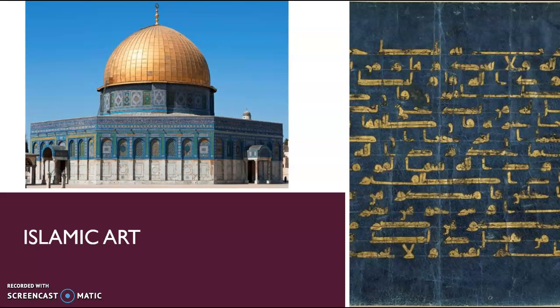And with Islamic art come a lot of geometric patterns and a lot of calligraphy, because they didn't necessarily believe in depicting the human form and animal forms too much, because they believed it was kind of competing with their god. So you can see on the right an example of an embellished Quran.